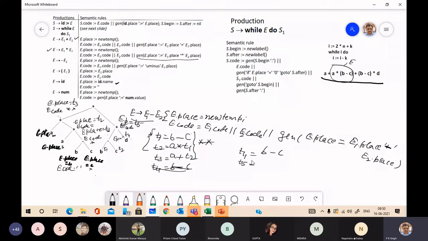T5 equal to E.place, means T5 equal to, E.place is T5, we have just generated. E1.place is nothing but T4. E1 is this, E1.place is T4, multiplied by E2.place, which is nothing but D. Now we will go for this.